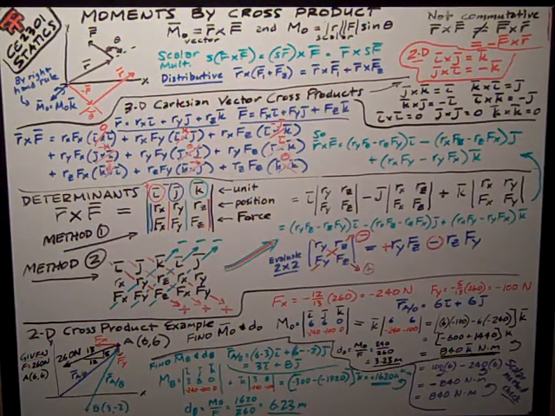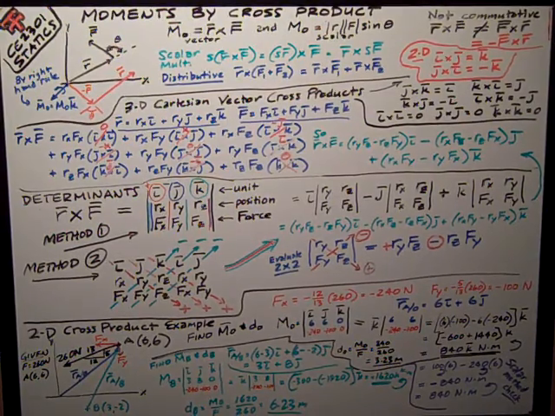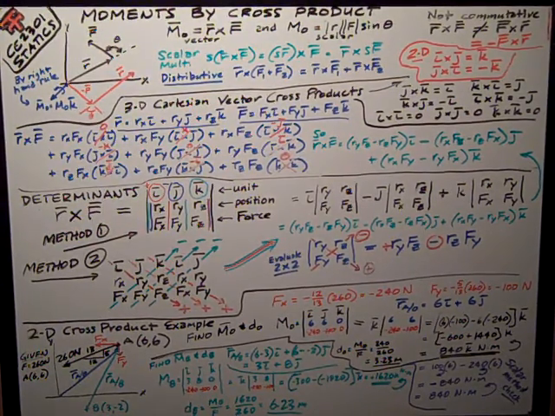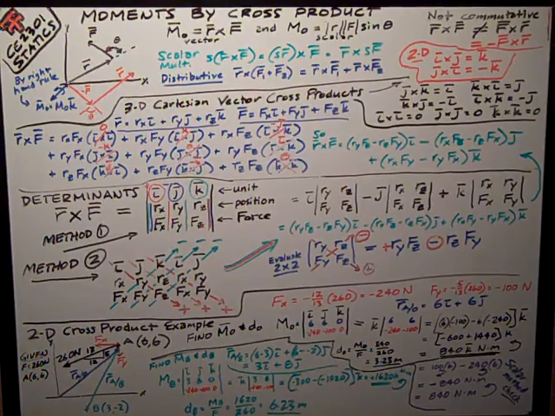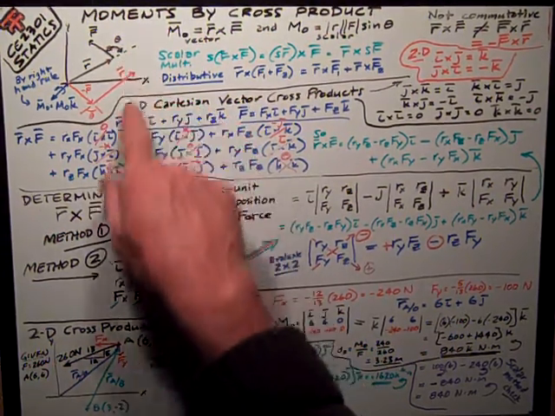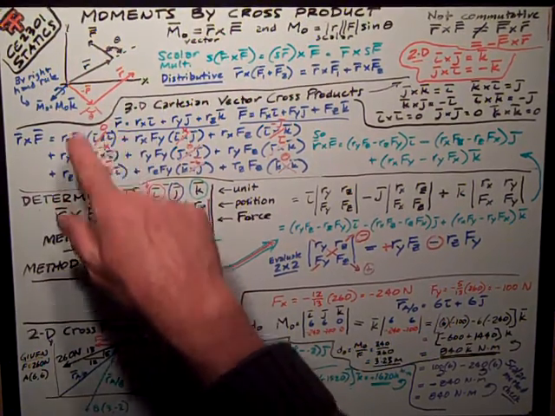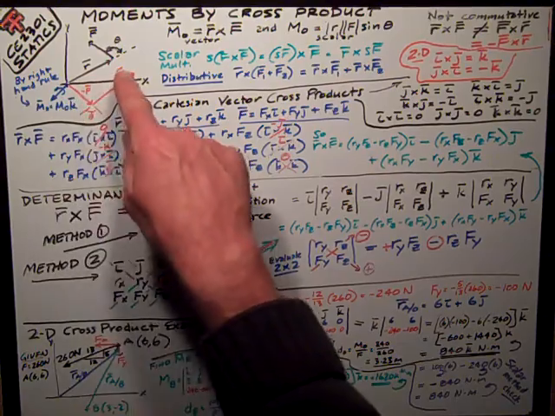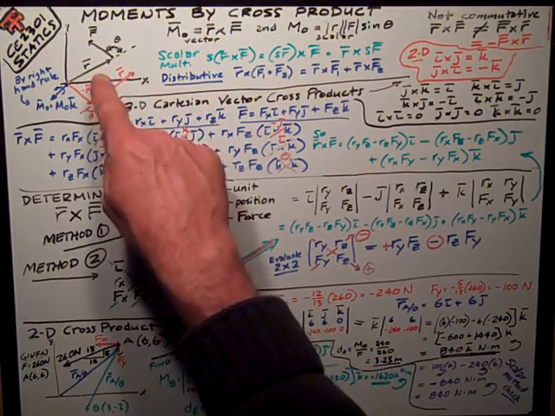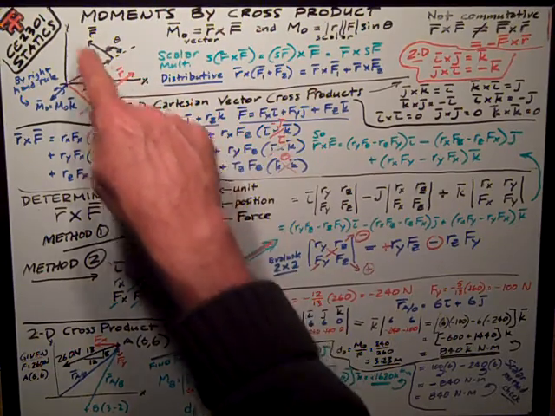We've just discussed how a moment is a force at a distance, and we used a scalar method to figure out moments. We're given this basic setup on an XY coordinate system. Start off kind of simple. We have a force F and a vector R with an angle theta between those two vectors,